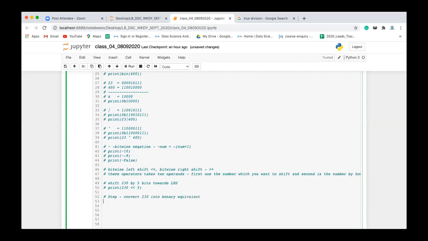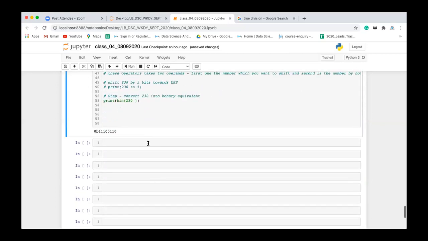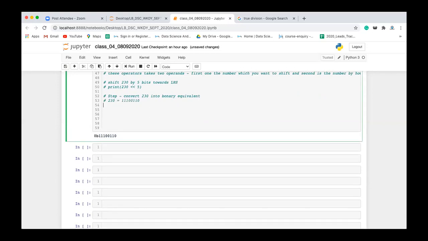Okay, so the first step, first of all, let's do this. Print bin of 230, which is the binary equivalent of 230, right? So let me write here: 230 is equal to this value. Okay, now in step 2, what you are going to do,